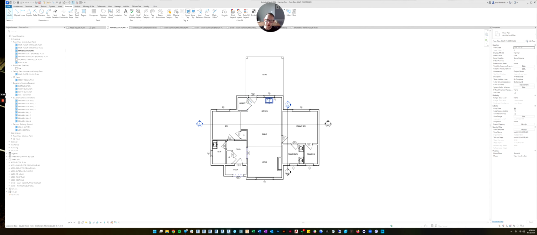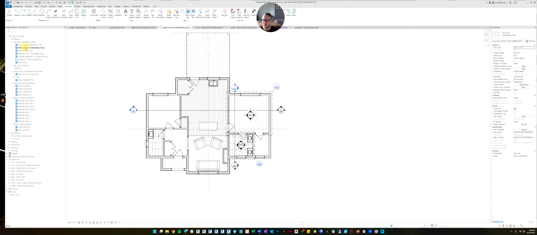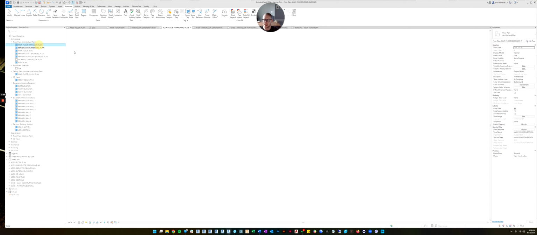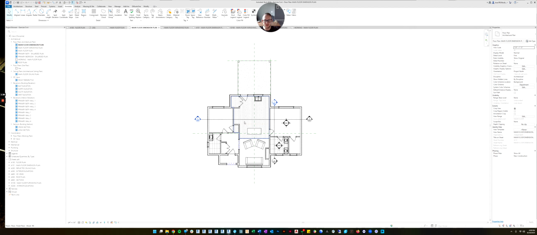So something I would have recommended is not duplicating the main floor plan to make a dimension and furnishing plan. You maybe should have done all of this first and then duplicated this view, because then you could have copied the room names and numbers, the room names at least, and all of the graphic settings that we already set on this plan would have been copied when you did that. But because we did it before we made those changes, none of those settings will have been changed in these views.